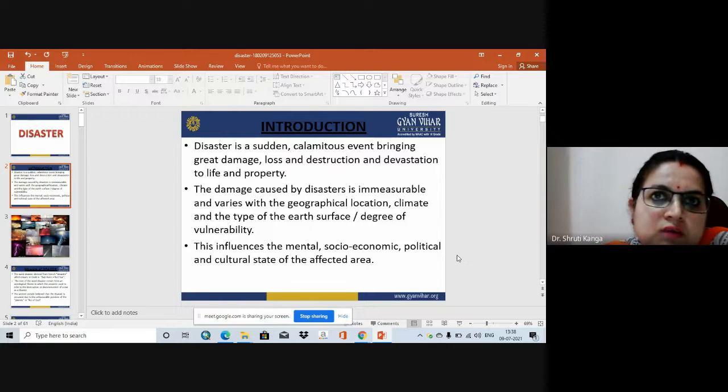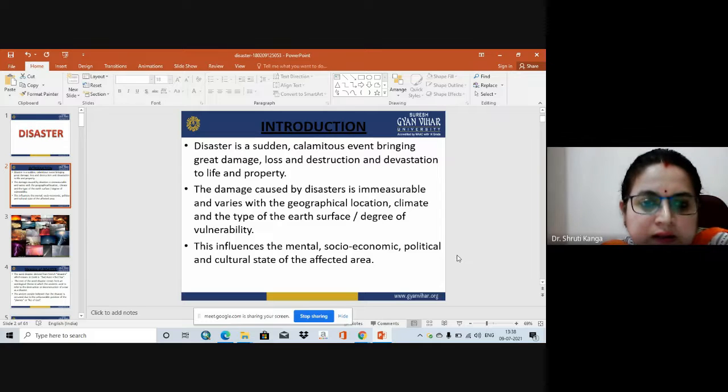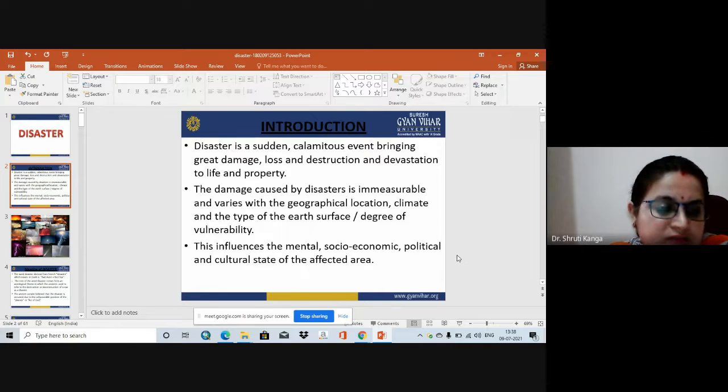Whenever we are going for any kind of planning, our first aim is to save the life of people who are residing in those disaster prone areas. After that come the property and the other infrastructure at secondary and tertiary levels, but the first aim is to save the life of people residing in those areas. Then the damage caused by a disaster is